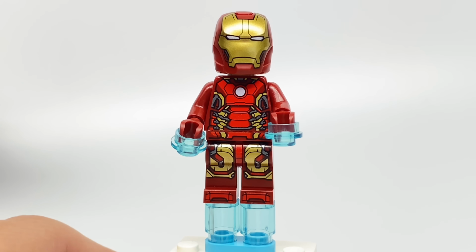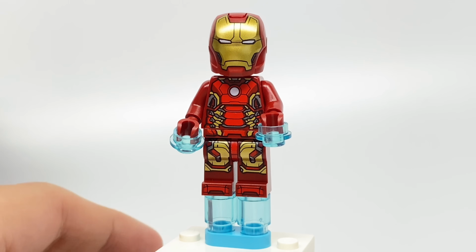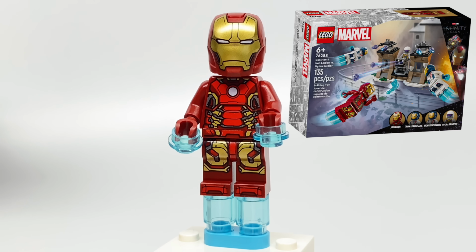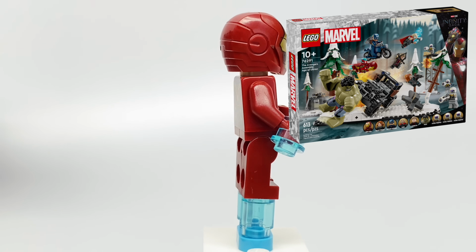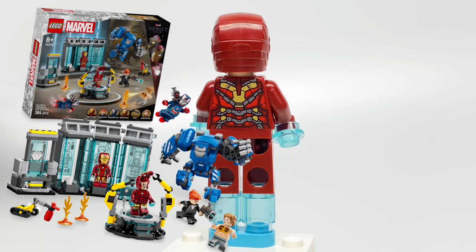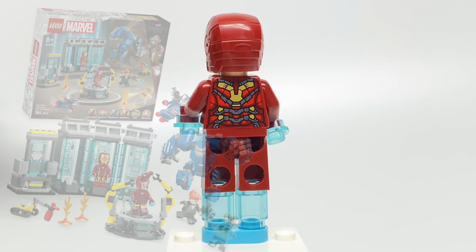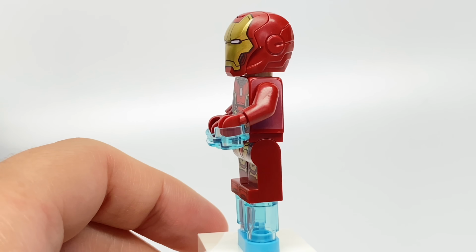The very easy to get Mark 43 Iron Man is back. I mean, this is the same one that came in a super cheap Iron Legion set, as well as that Age of Ultron scene set, and more recently in a rather cheap Armory. Well, okay, it was overpriced, but yeah, it was like $55. So this is not an exclusive figure, but I guess it makes sense for this being the Age of Ultron